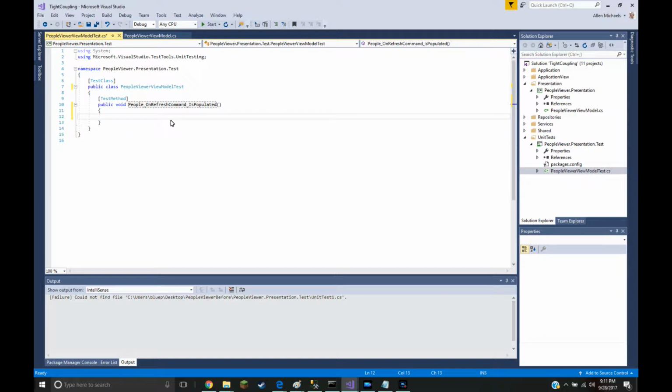Our test method is going to have three things, like I said: arrange, act, and assert. To arrange, we first have to get an instance of our people list view model. So we say var, and we can call it viewModel, and we say new,